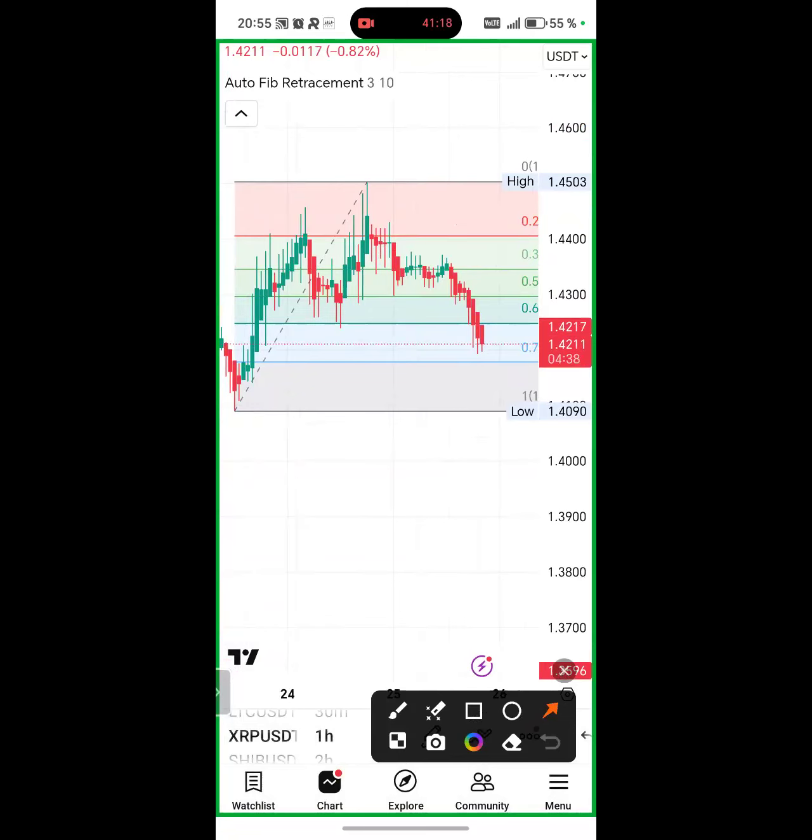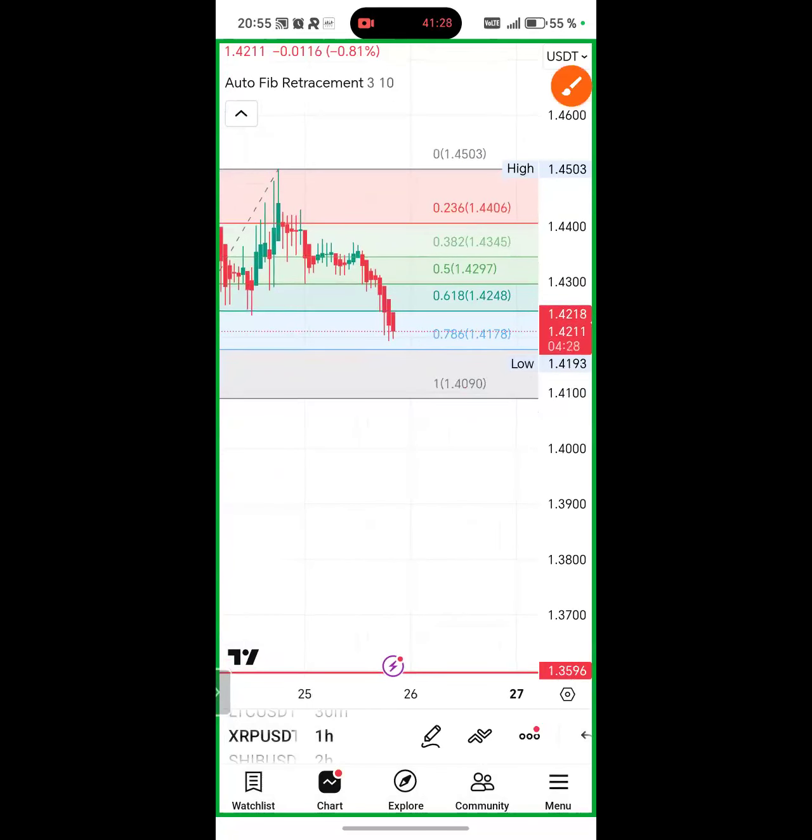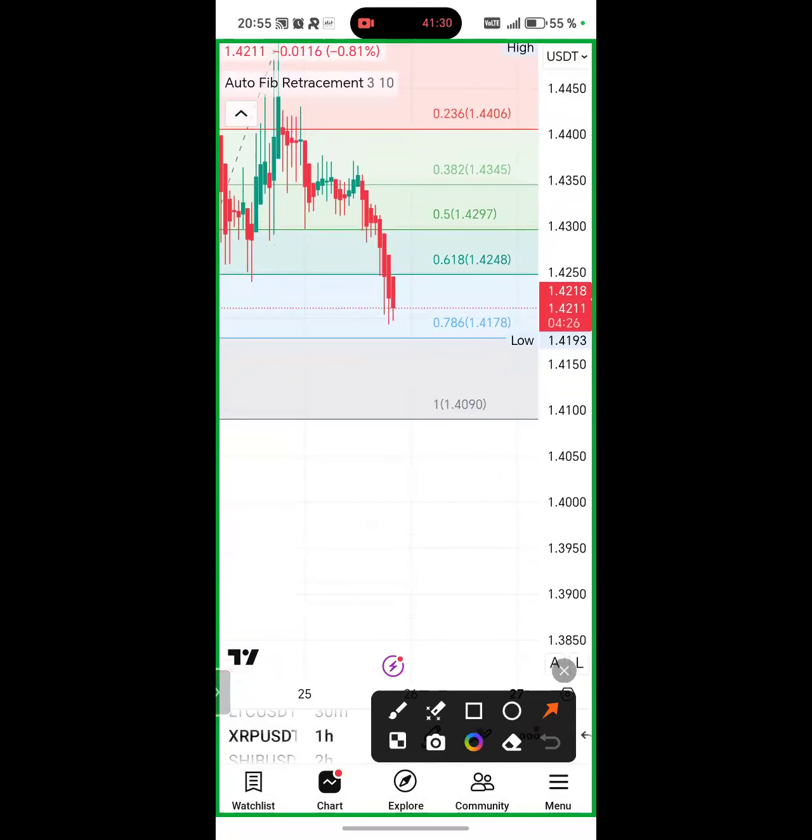What is it showing? This one is pointing now. It means it is an uptrend, but retracing down. So in 1 hour, you see that it has broken the 61, which is the golden area, the golden ratio. Now, where is it going? It's going to the 70% line, the 78% line. Why? Because it is showing you